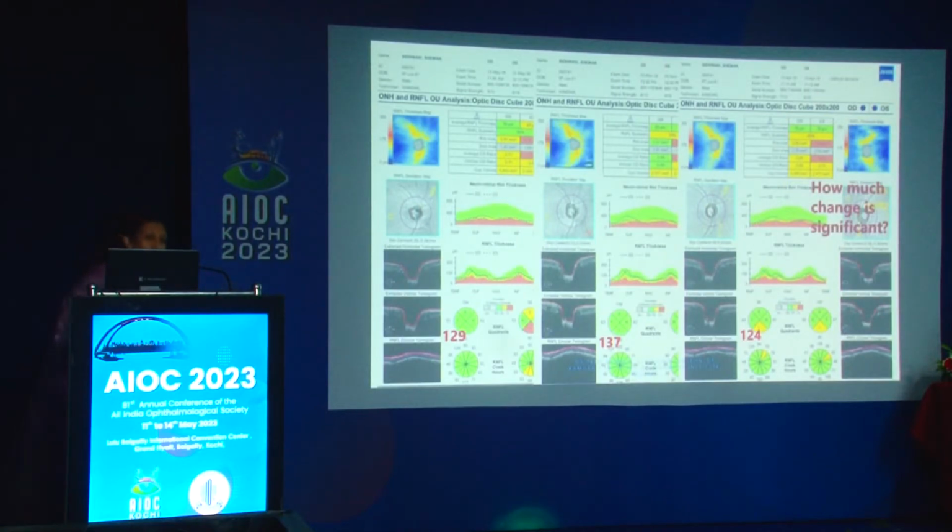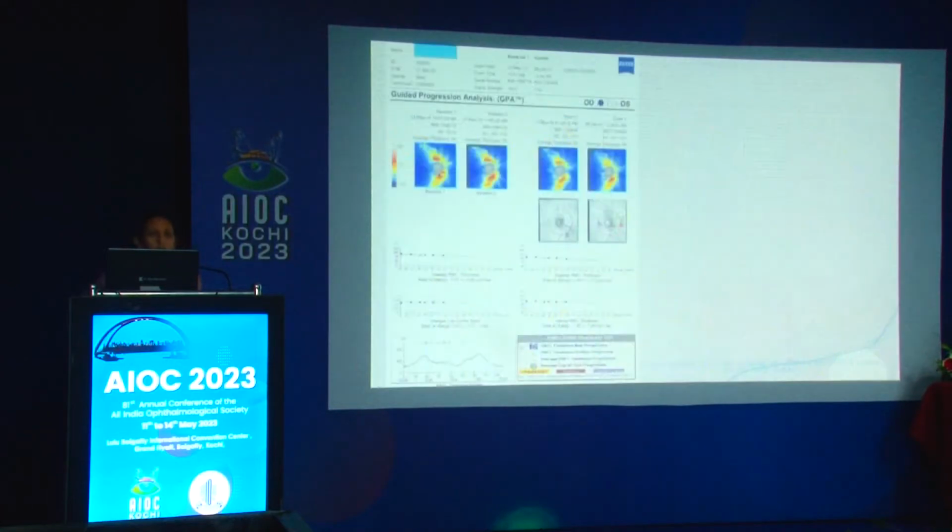It is said 5 to 7 microns because that's the resolution of this machine, but this tells you that no, you can have much larger fluctuation even with OCT. Once you have enough number of tests, then you have this kind of